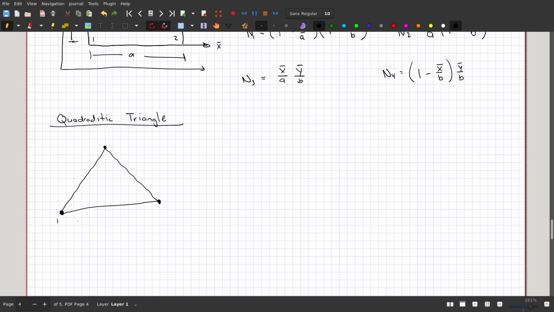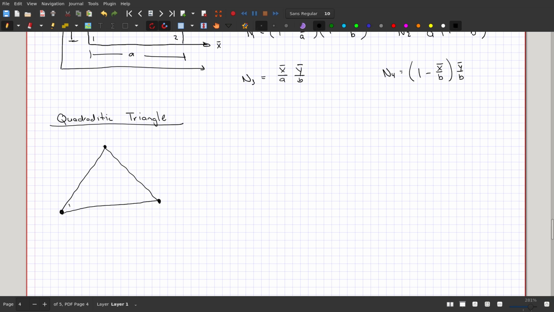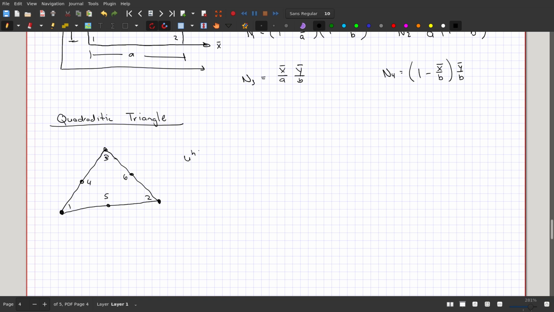So here we have 1, 2, well, let me put them on the inside. We have 1, 2, 3 corner nodes, and then we also have mid-side nodes 4, 5, and 6. And so the approximation field for this element is